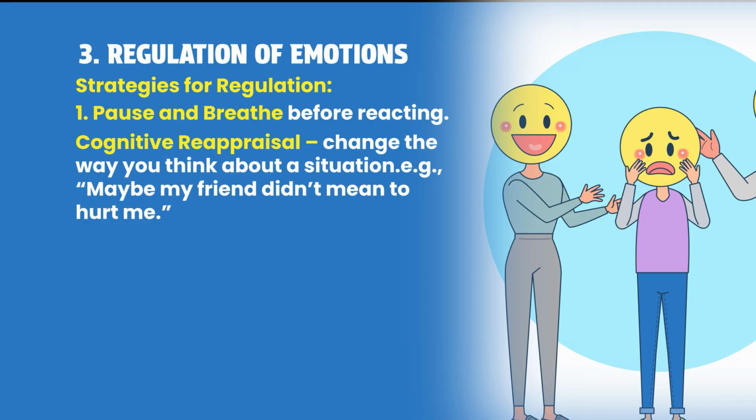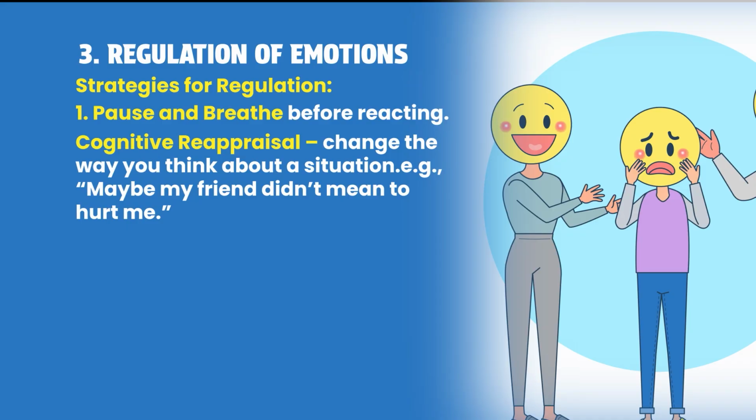Then cognitive reappraisal is also one of the strategies. Change the way you think about a situation. Maybe your friend did not mean to hurt you, but you are experiencing it as though the friend hurt you. You can interpret that experience differently, like maybe the friend did not mean to hurt me. That is the cognitive reappraisal of the same situation,